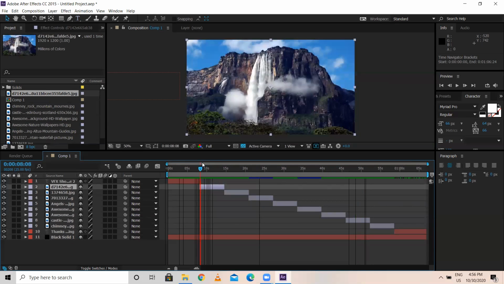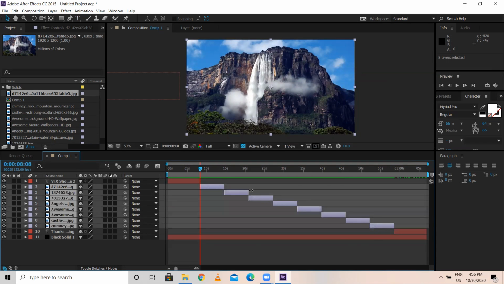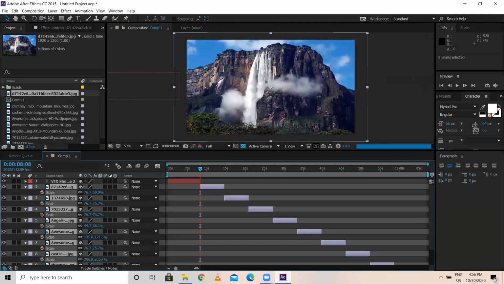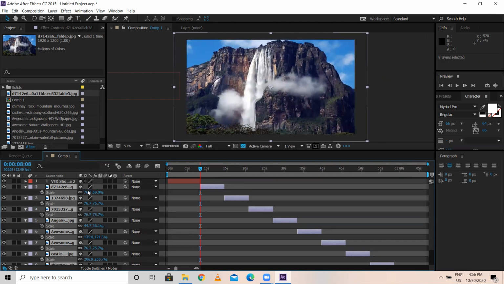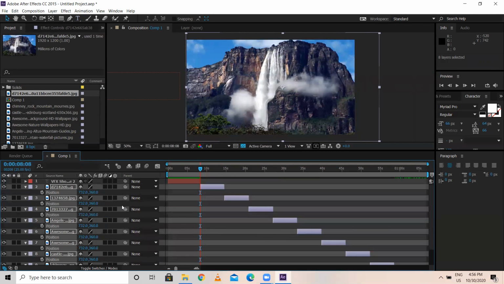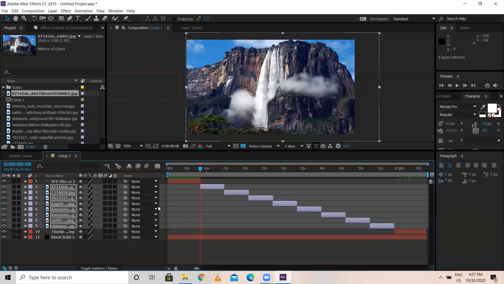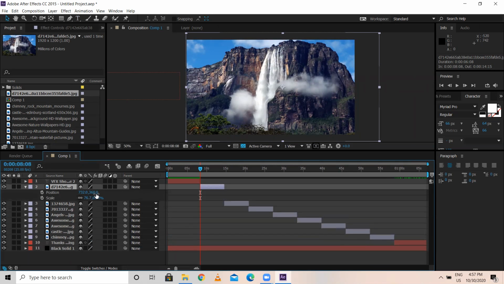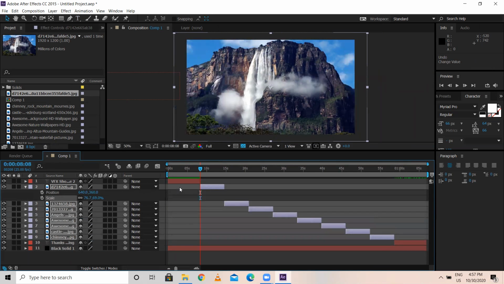Let me do for one. Okay, let's say I'm selecting everything. I'm scaling a bit. And P, all together, you can select at once only. Everything, you can place it here. Now I'll do for this. P, Shift S, position and scale both you can do. Let's say only position will do first.